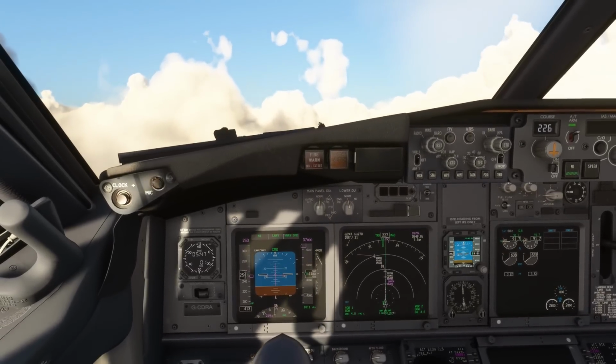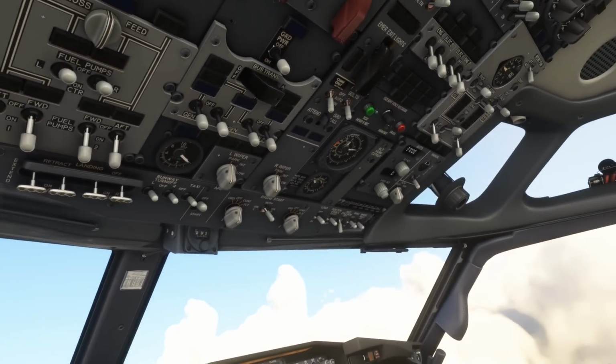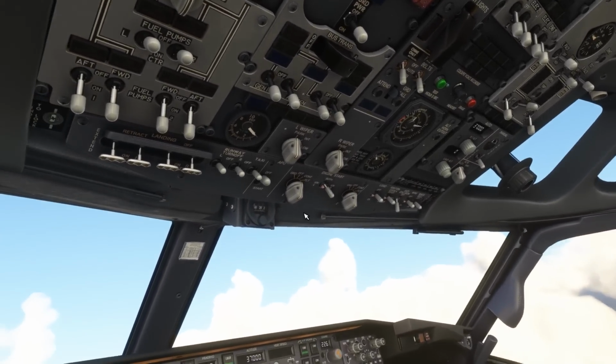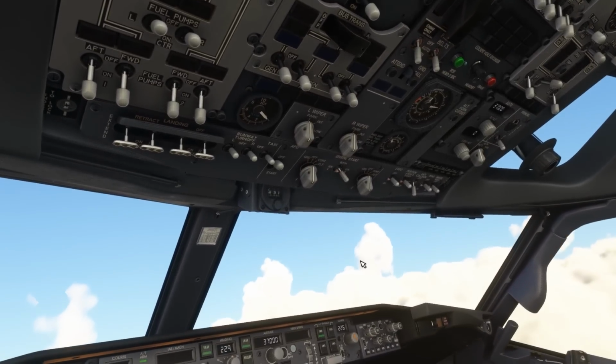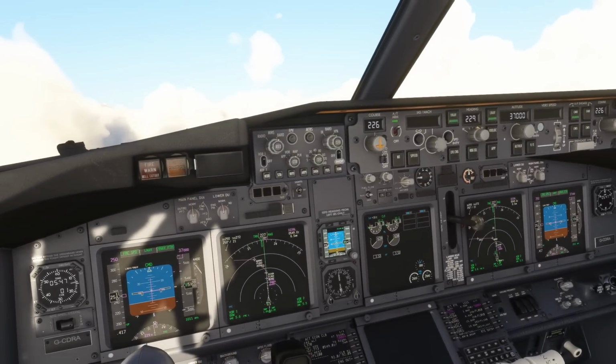Running through the after takeoff flows then, the engine bleeds are on, packs are on, engine start switches can come off, flaps are up, no light, landing gear is up and off,